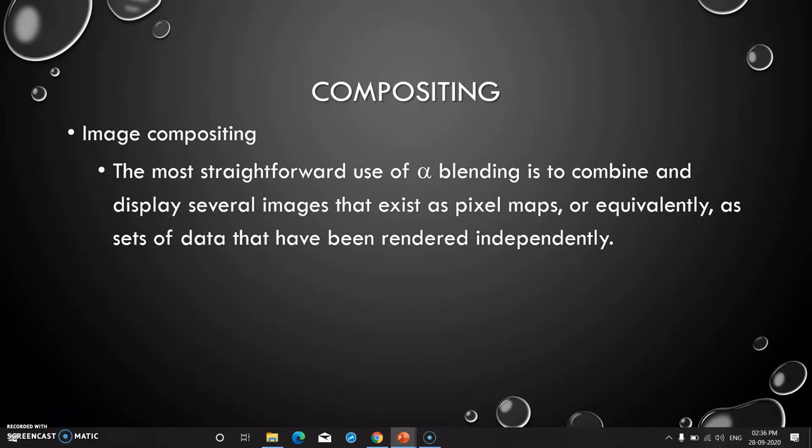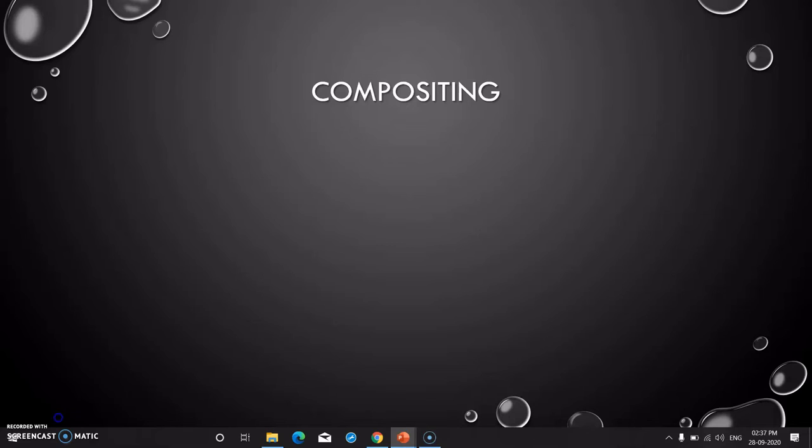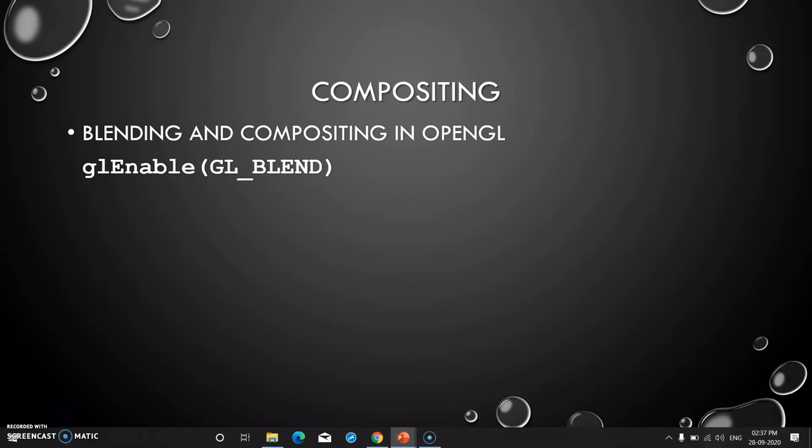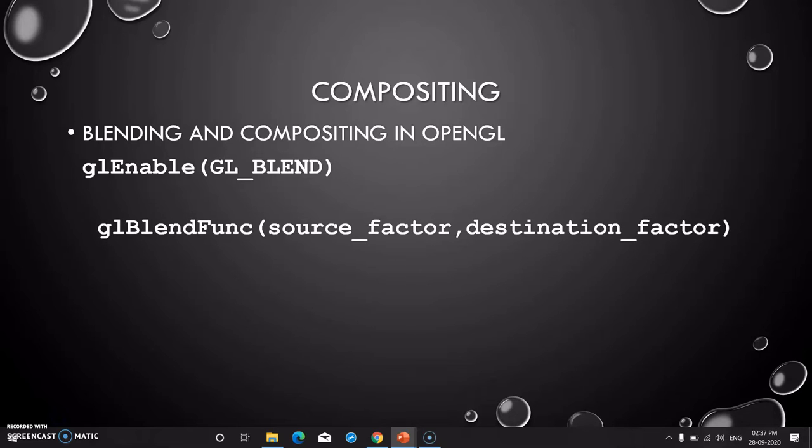Now we will look at what image compositing is. The most straightforward use of alpha blending is to combine and display several images that exist as pixel maps, or equivalently as sets of data that have been rendered independently, as we said earlier. Blending and compositing in OpenGL is done by glEnable with GL_BLEND, and glBlendFunc with source factor and destination factor.